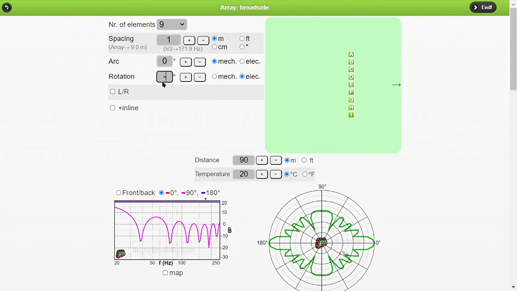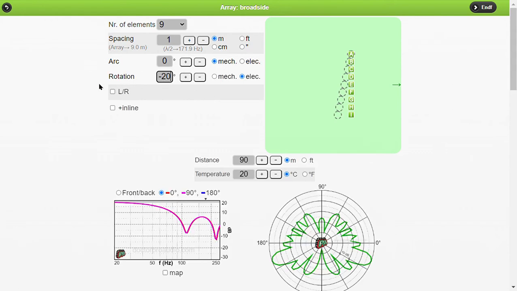Okay, let's look at rotation, because now there's a significant difference between doing it mechanically and doing it electronically. Say we had a vertical column of subwoofers and we wanted to aim it down towards the audience area.